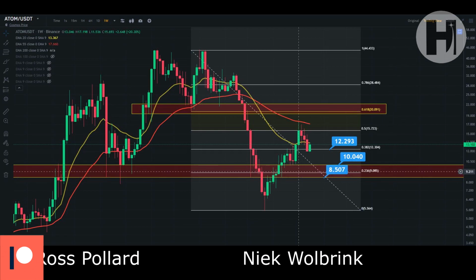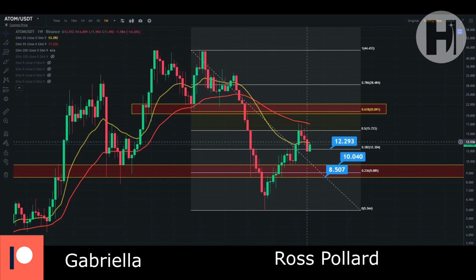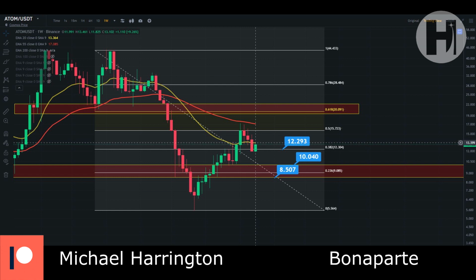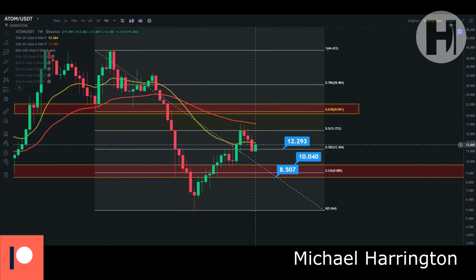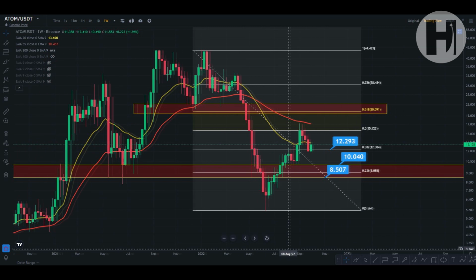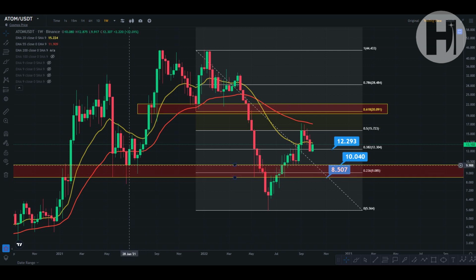Okay, moving over to the weekly chart on Binance, you can see that we're losing the support of the 20 EMA, and we're back testing that as resistance. So that goes to show that we have lost a key support level, and we're potentially going to come back down and retest this zone here of $10.04. That's something that I'm looking for, because that's exactly the support we retested back in June of 2021 when we had that initial capitulation.